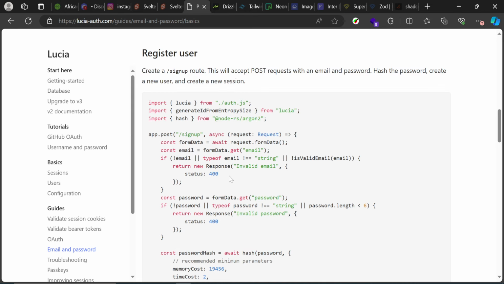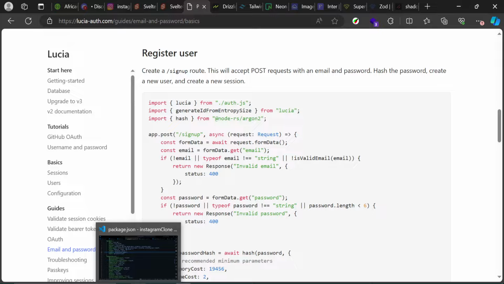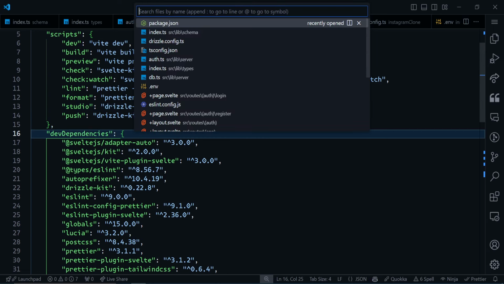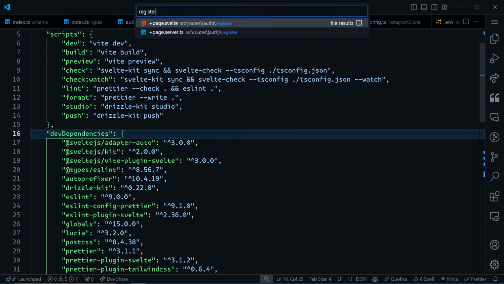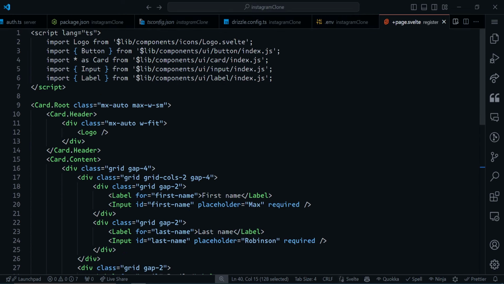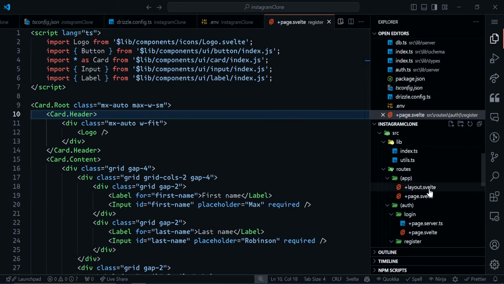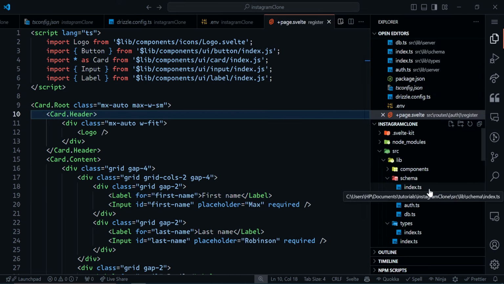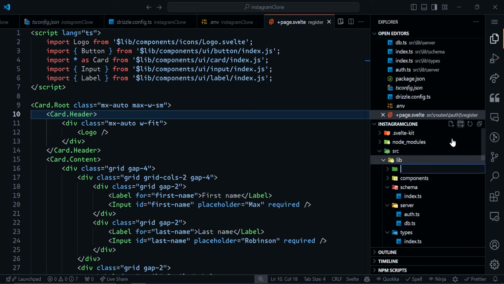But before we can actually register a user, we need to set up our form correctly. Right now, we just have the register page with this very simple form here. What we want is a complete form that takes care of validation, error handling, and all that stuff. Remember, I said we're using Superforms, and with Superforms, we're going to be using Zod for validation. So in your lib folder,